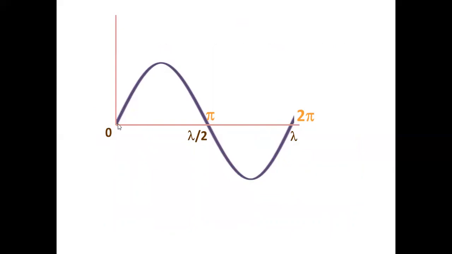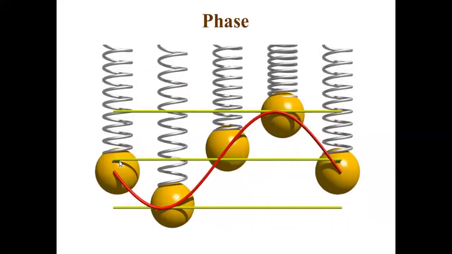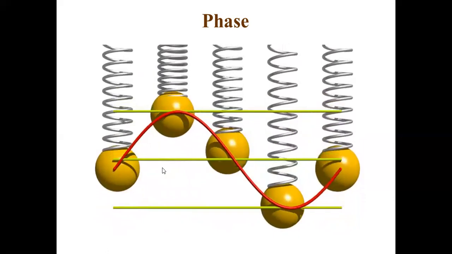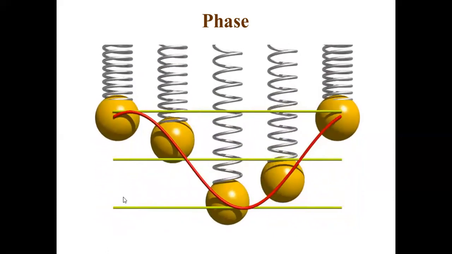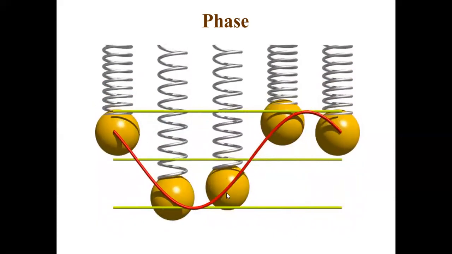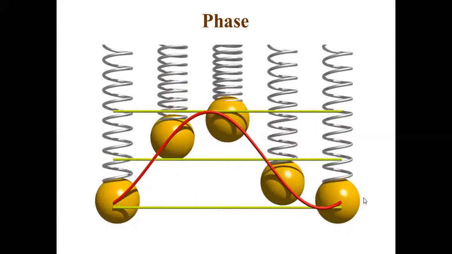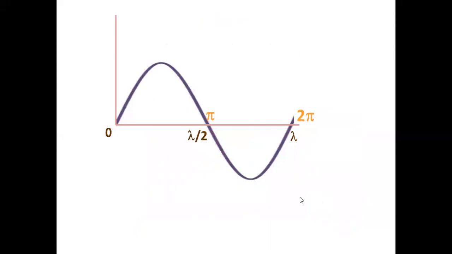This you can remember. A distance of lambda, a phase difference of 2 pi. A distance of lambda by 2, a phase difference of pi. That means they are vibrating in opposite phase. If distance of lambda by 4, a phase difference of pi by 2, 90 degree, right? This and this. 90 degree phase difference, lambda by 4 distance. Lambda by 2 distance from here to here, right? From middle to here, lambda by 2, phase difference of pi. Lambda, 2 pi. Now, what is the relation?